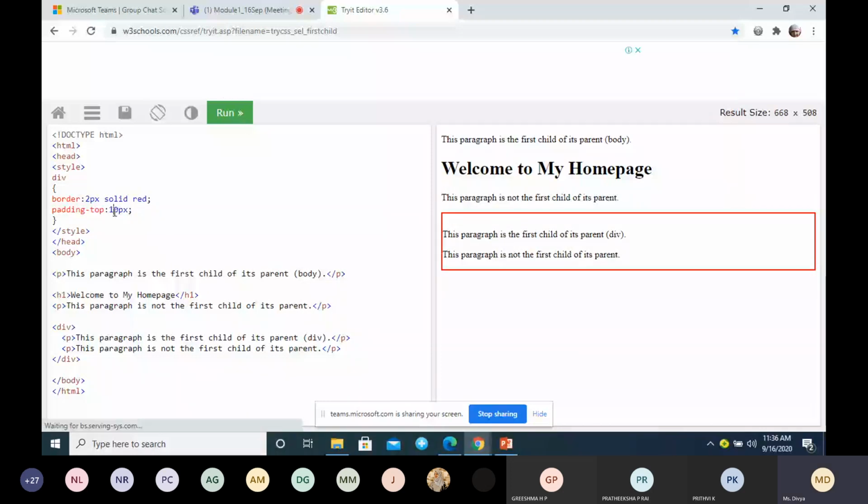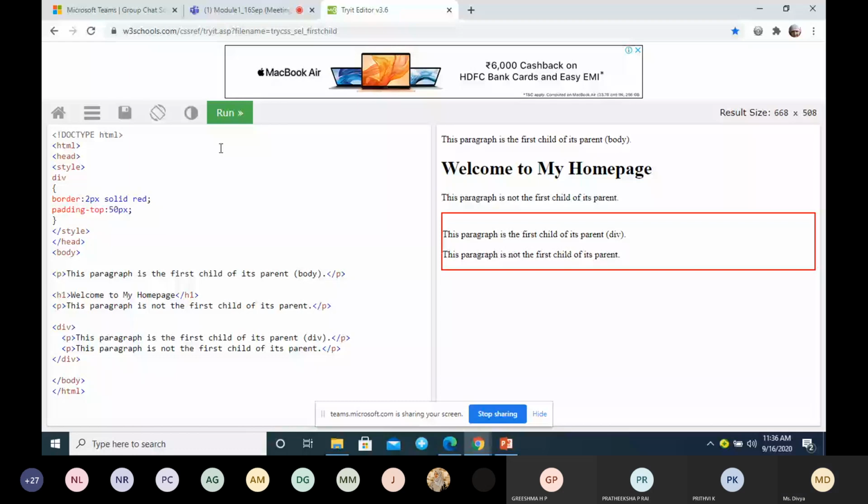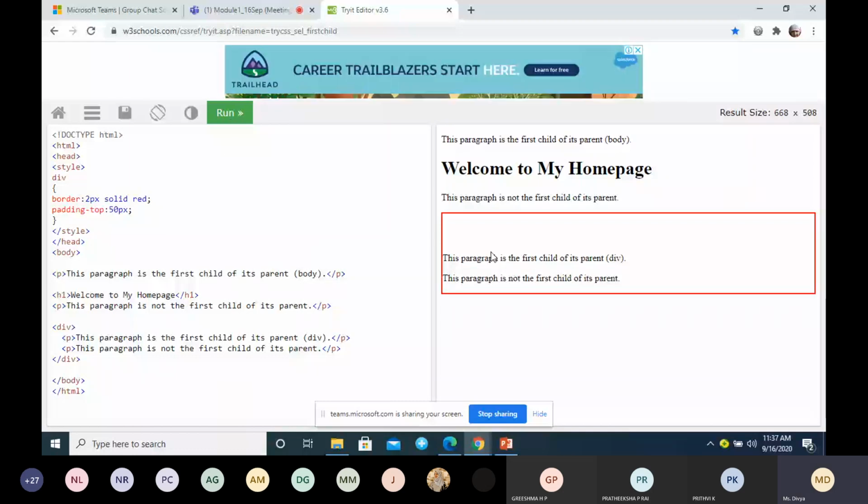I'll make it 50. You can see the space between the content and the top border has become 50 pixels. That space is called padding space. Padding is nothing but the space between the text content and its border.